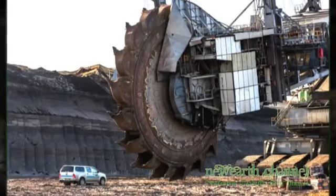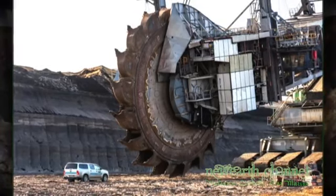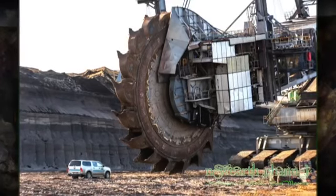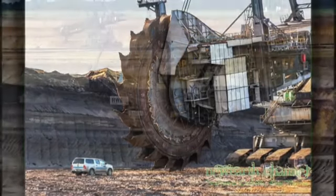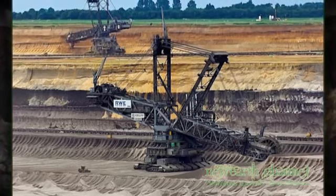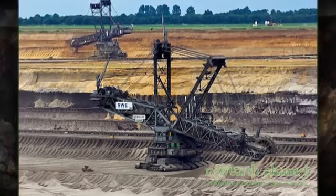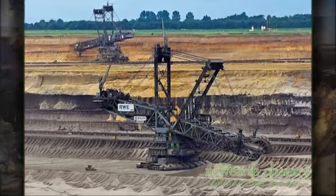And now let's get back to mining. So what these big machines do is they strip a thick layer of the earth. Here they do it even on 2 levels at once. And what's left behind when they are done with their job is really a barren, stripped, and perfectly flat patch